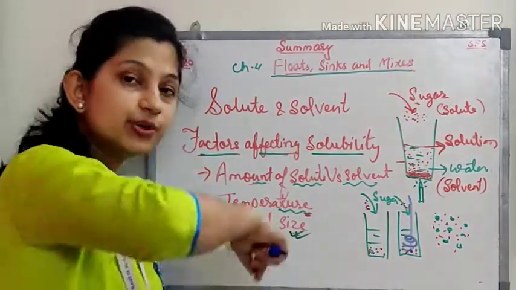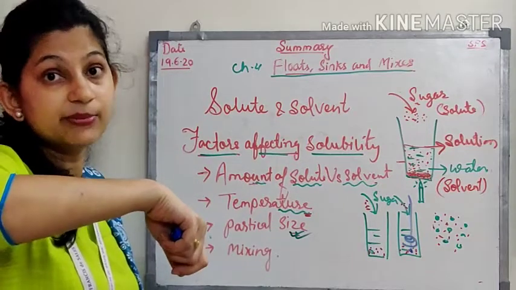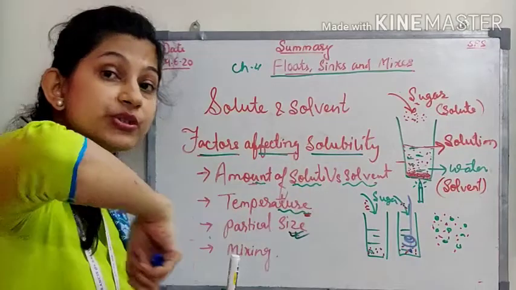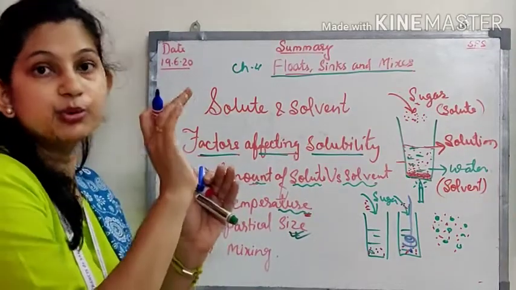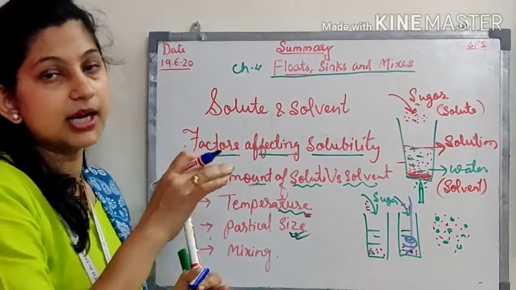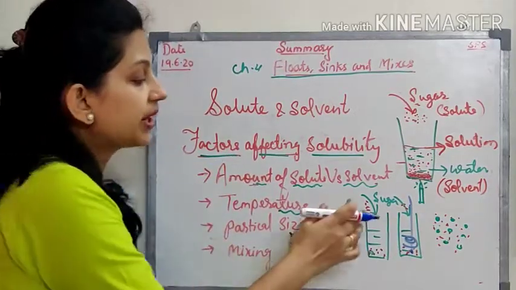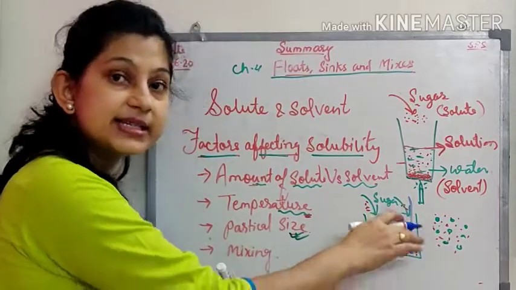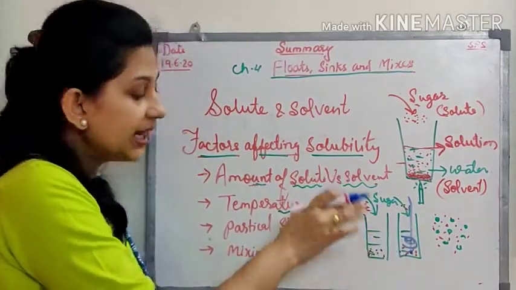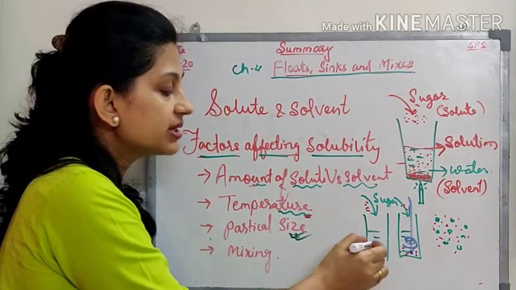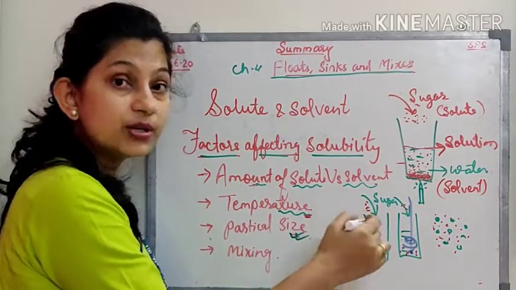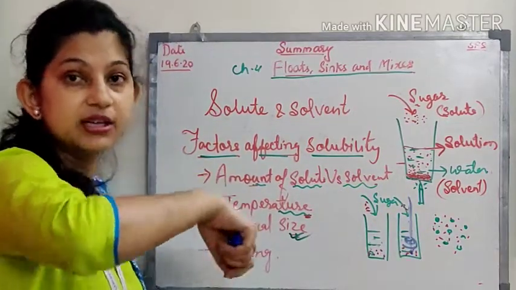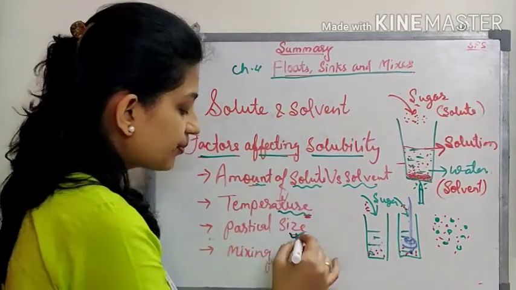So what happens when you are mixing or stirring something? Same case as here: due to heat energy it was moving, and here due to stirring, the water particles started moving. And while the water particles move, they give more space to the sugar particles, and these sugar particles are very easily, evenly distributed. And here, it will stay and slowly, slowly get dissolved. So which is going to get dissolved faster? The one in which you are using a stirrer to mix it. So this is also a very important factor.